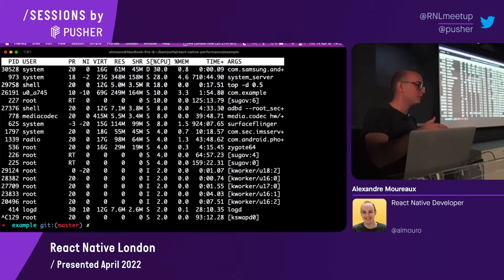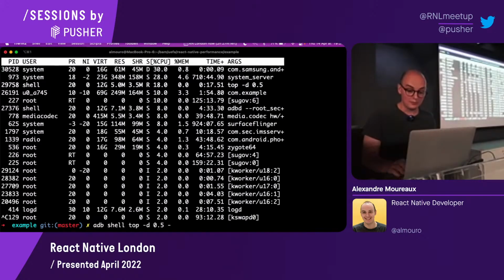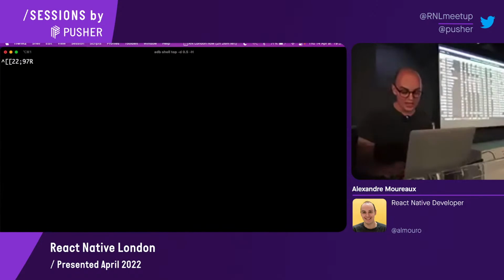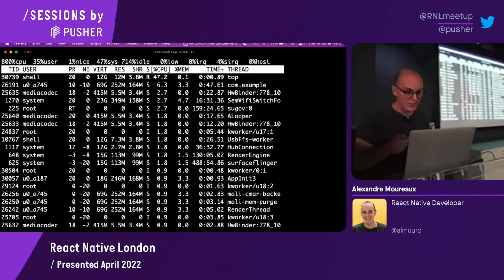Why? Because if it's taking 100 on one core, it means that it cannot do more. It means that this thread is using too much, just like the JS thread. It's using 100 and it cannot do anything more. So probably there's something going on in the app and it's blocked, and there's something weird happening. So it'd be nice if we could see threads, and we can. So that's cool. With -H, for threads, I don't really know why -H, but there you go.